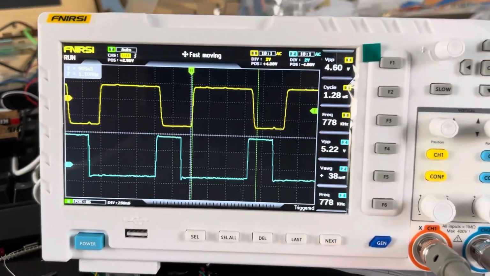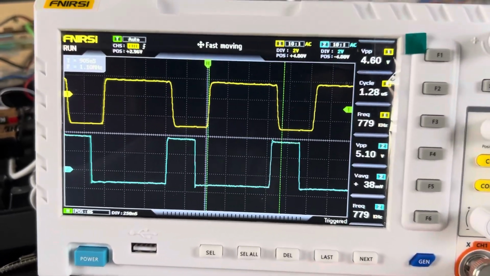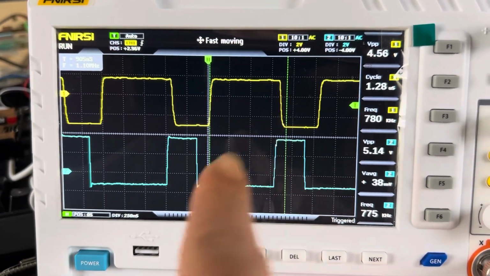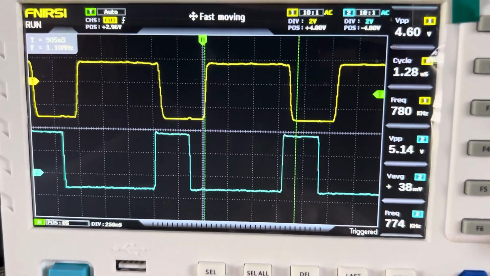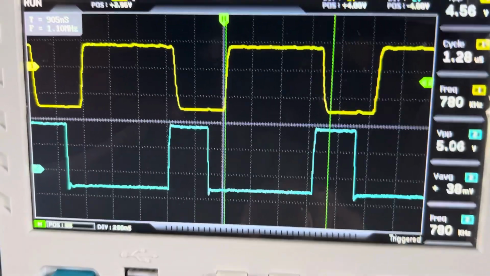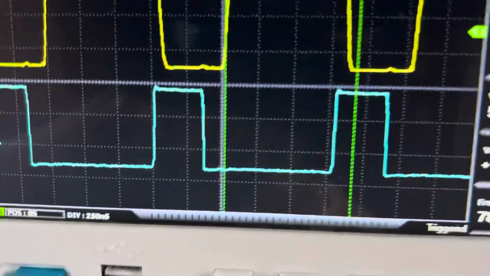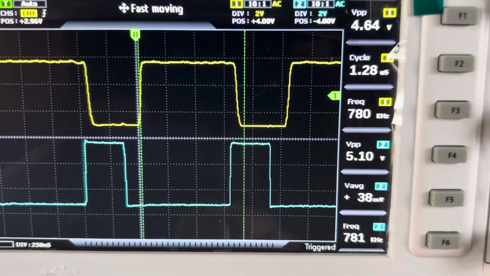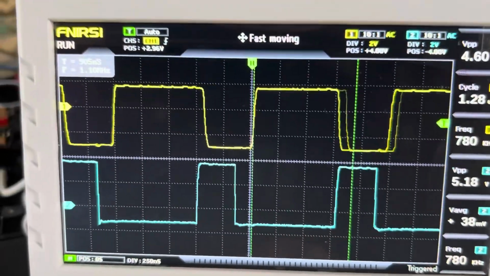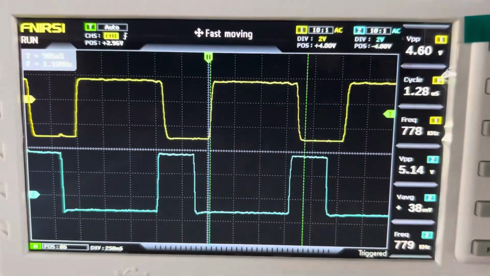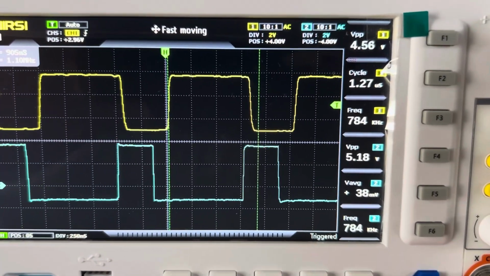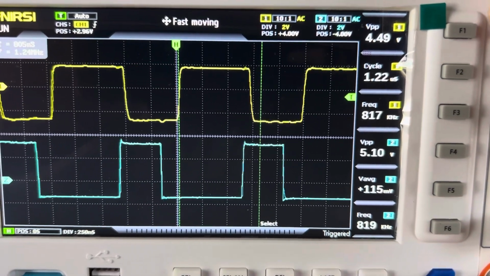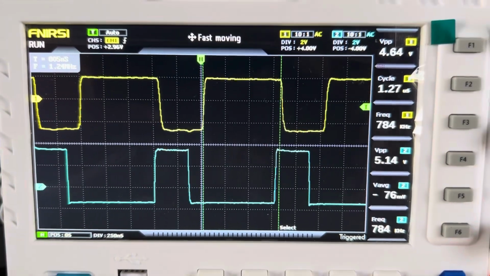So here are our high and low pulses on two separate channels. If you can see here, the top pulse is the high pulse, and each division here is 250 nanoseconds. Then the high pulse measures 1, 2, 3.5 divisions, which, let's put the cursors on and measure it, comes out to be about